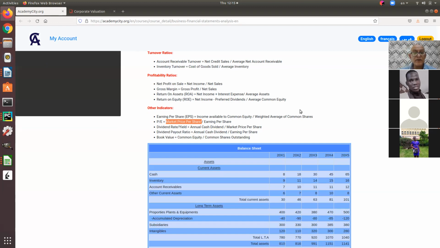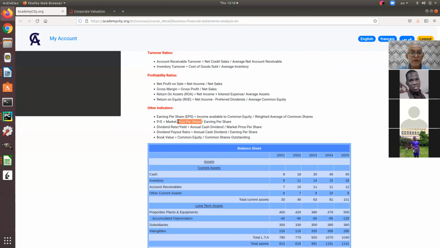Pay attention when we calculate price divided by earning per share. By the way, just as an exercise, and I will answer it anyway: when I take market price per share divided by earning per share, do I get a pure number or do I get a dollar number? I get a pure number. The numerator is dollars. It's measured in dollars. Price is the amount that somebody just recently paid. Or let's say if I talk about the end of 2020, this is the